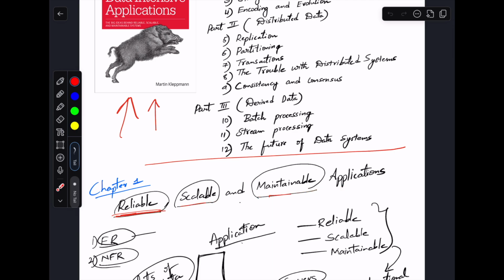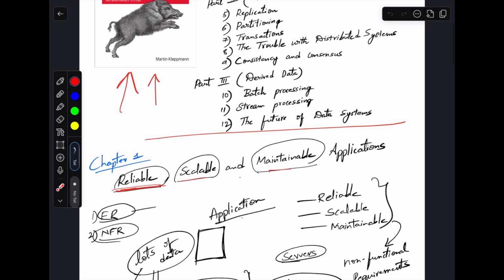So today I'm focusing on chapter 1, that is reliable, scalable, and maintainable applications. Previously I had recorded a video, but somehow the screen recording stopped, so I'm recreating this entire thing. Previously I was making notes and creating a video, but now I will just go through what I have written down. So in this chapter,